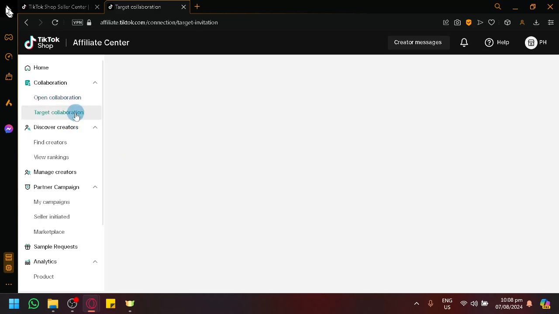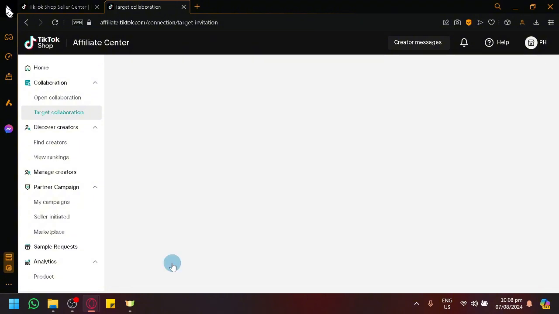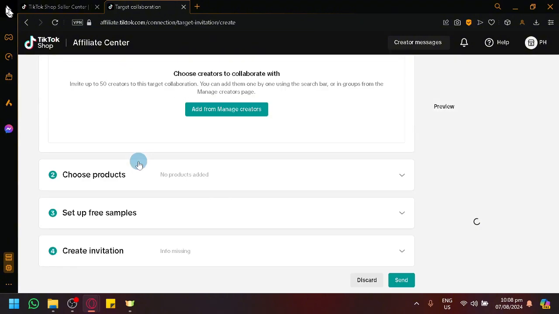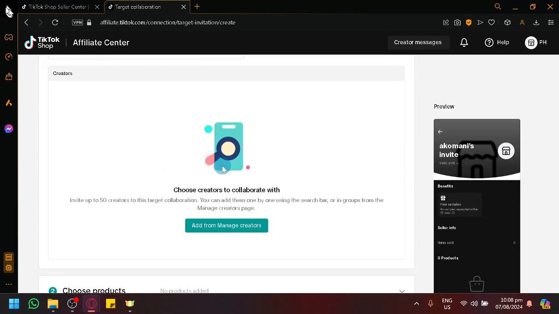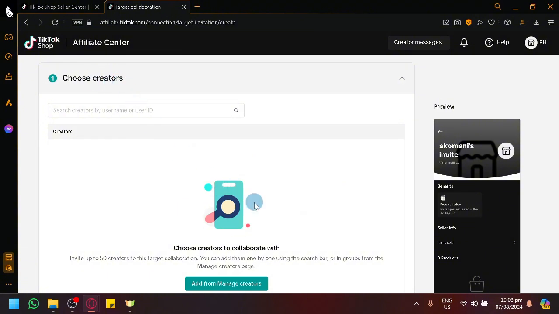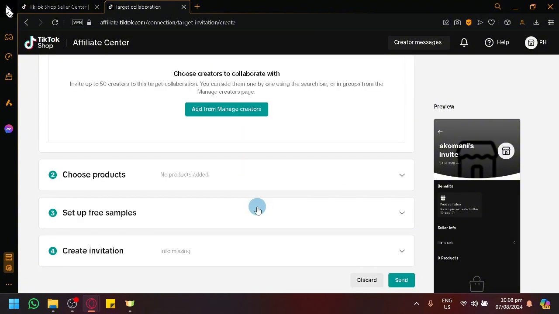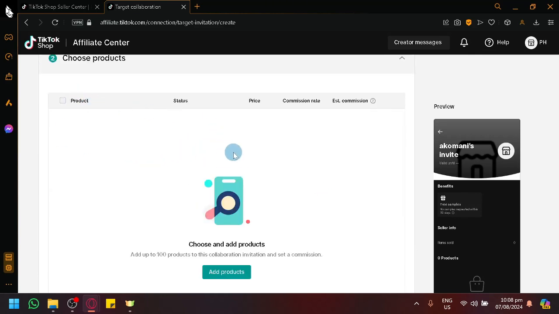We also have the target collaboration that we have mentioned earlier. To get started with this one, it's very similar to the open collaboration, but the first thing that you're going to need to do is to select the specific creator that you want to have. So as you can see here, step 1 is choose creators. It could be one, it could be multiple creators. It depends on you. And over here, as you can see in the product selection, just simply select the products